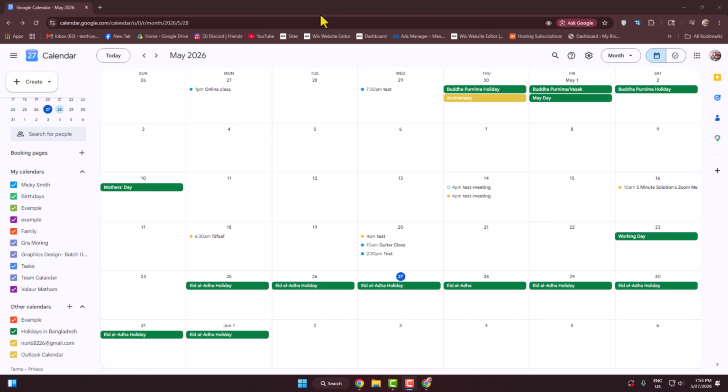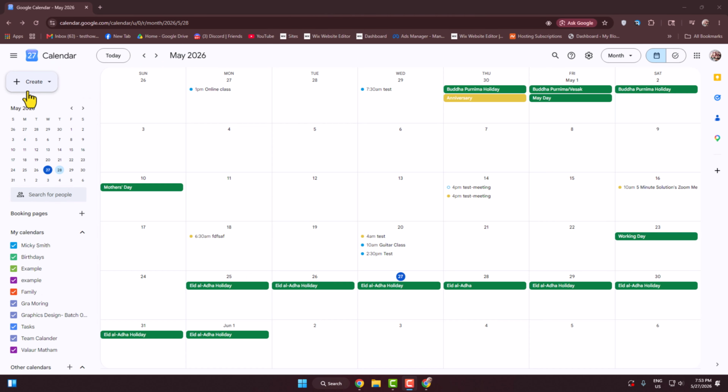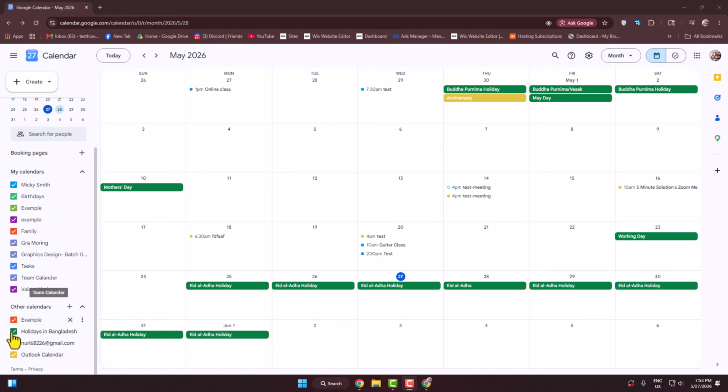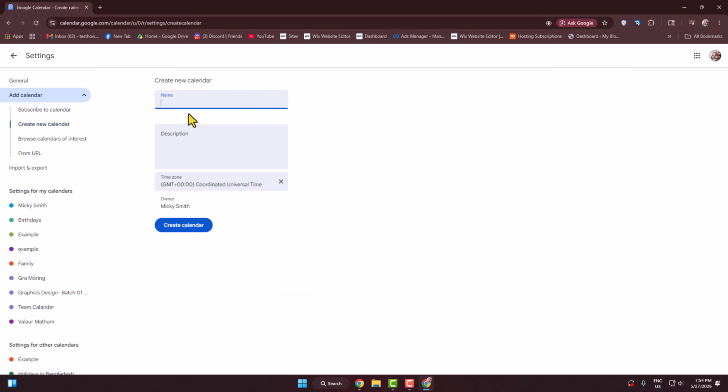So first of all, go to your Google Calendar and in this left-hand menu, scroll down. And here, come to this other calendar section. Here, click this plus icon and select create new calendar and type your calendar name